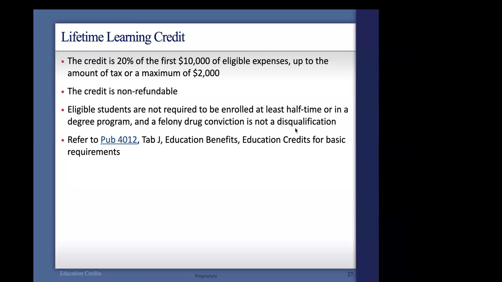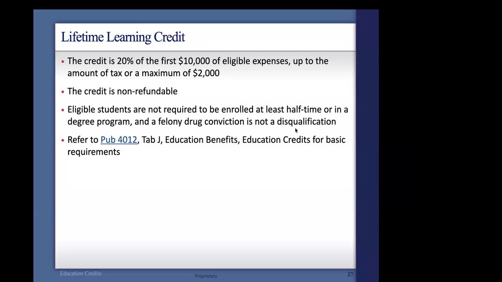Maybe they're working on their master's or doctorate, but they still want to receive an education credit. Then the Lifetime Learning Credit is going to apply. That credit is 20% of the first $10,000 of eligible expenses, up to the amount of tax or a maximum of $2,000. This credit is non-refundable. Eligible students are not required to be enrolled at least half-time or in a degree program like the American Opportunity Credit,